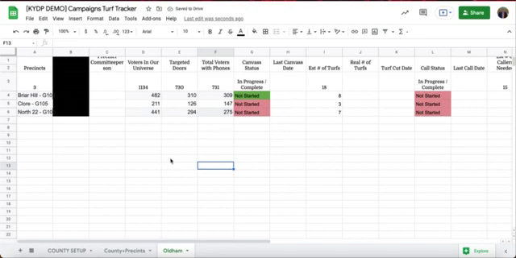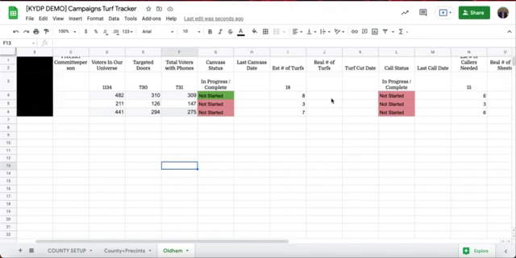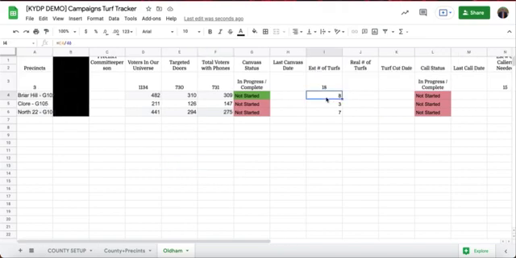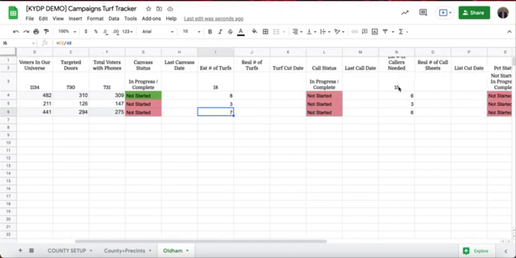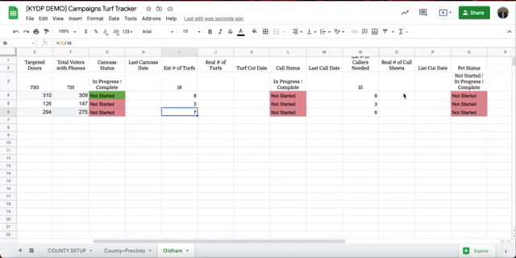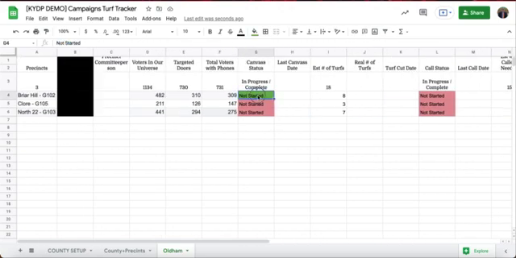And now, because these columns here for estimated number of turfs and colors needed are already formatted, it is already calculated. So for Briar Hill, it looks like we would estimate 8 total turfs, Clore 3, and North 22 7. And similar for estimated number of colors. Then here,